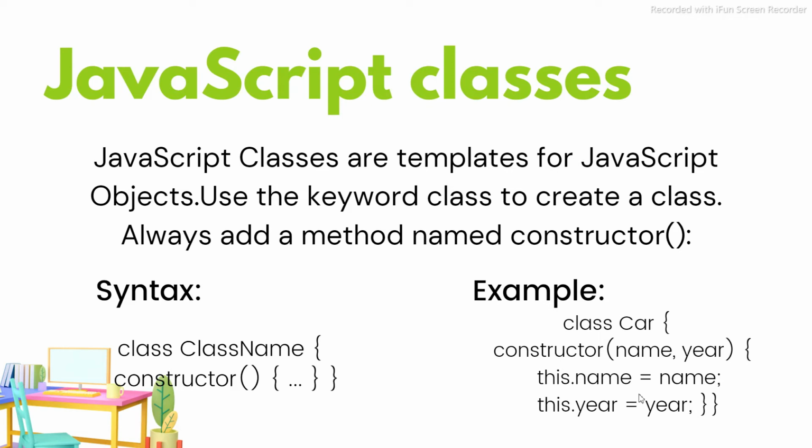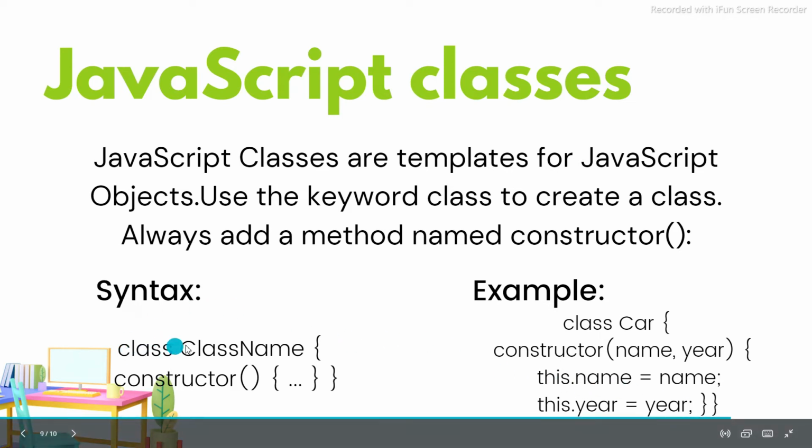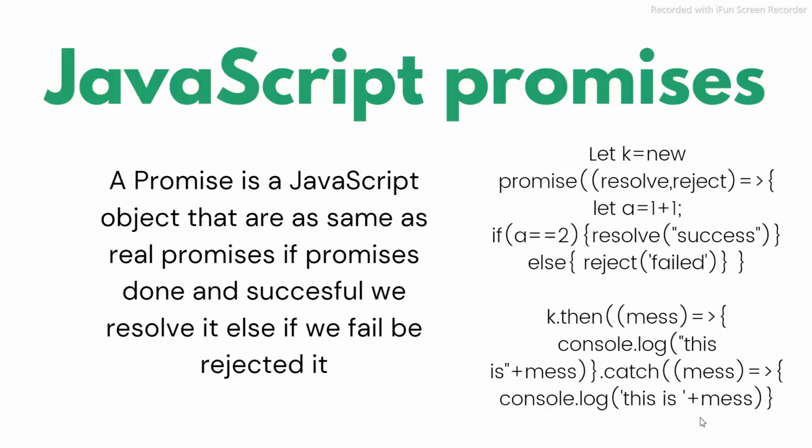This is how we create it. First of all, we have a class, and we have to give a class name, any random name you want, and we have a constructor which is a built-in function, and here our code goes in. And we have the class car, and we have a constructor with name and year. When I say this dot name equal to name, this dot year equal to year, and I successfully create, it means I just add name and year, and it is going to add the name and year to this specific car. And this is how we go with the JavaScript classes.